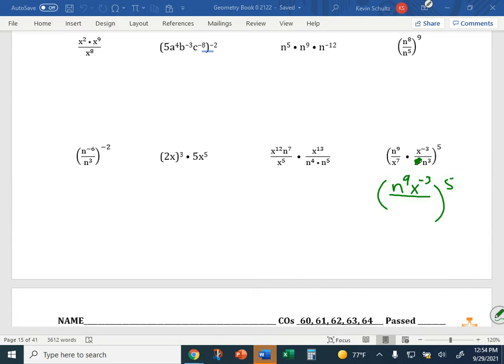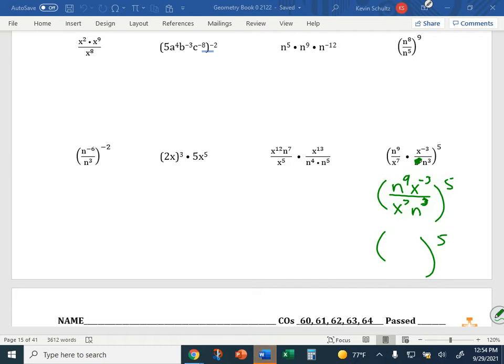My denominator is x to the 7th times n cubed is just x to the 7th times n cubed. Okay? Now I could go ahead and distribute here if I wanted to, right? But I also see that I've got some like bases here. So at the end of the day,